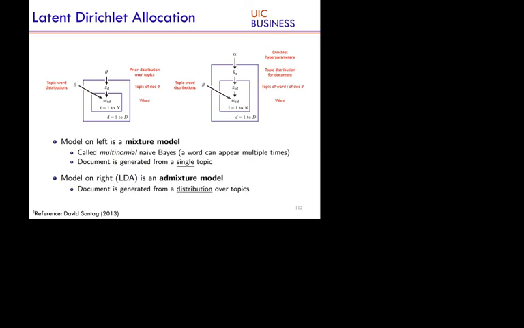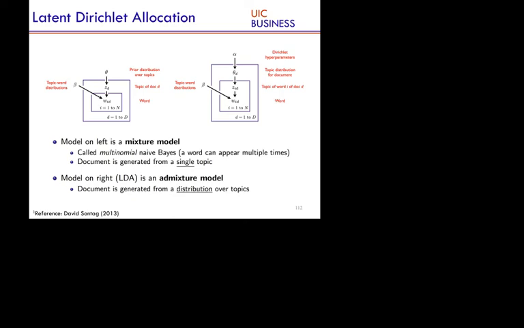There is a simpler topic model which you can also think about, which is as follows. You again have a distribution of topics. You pick a topic, and then you sample all words from the same topic. This is called the multinomial naive Bayes model. The document is generated from a single topic, and here, every word is generated from a potentially different topic. That's all. Given these generative models, you can actually figure out all the stuff that we have been talking about,